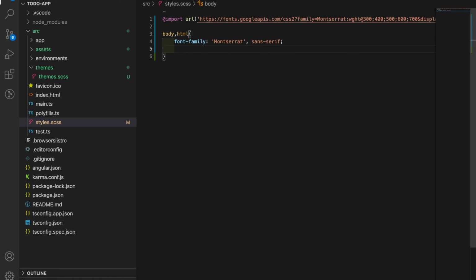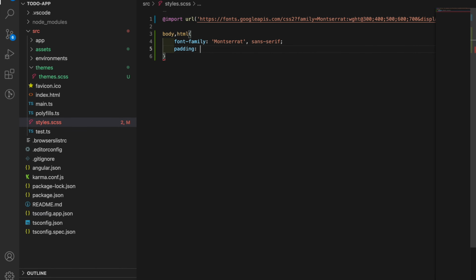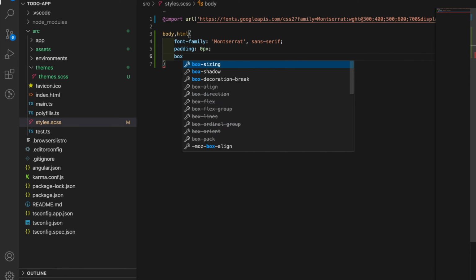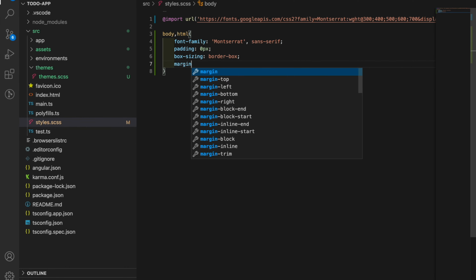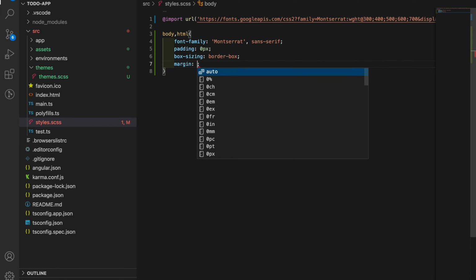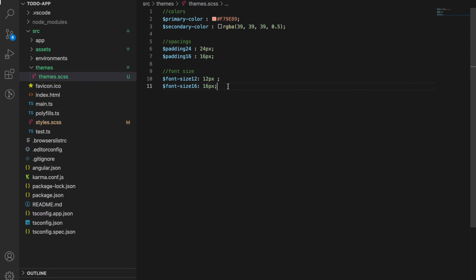And then we want to have a padding, right, which is going to be of 0 pixels, and then we want to have our box sizing to border box, right? Box sizing to border box, and margin should be set to 0 pixels, right? But we see that we're going to be using 0 pixels quite a lot, so we'll just have a 0